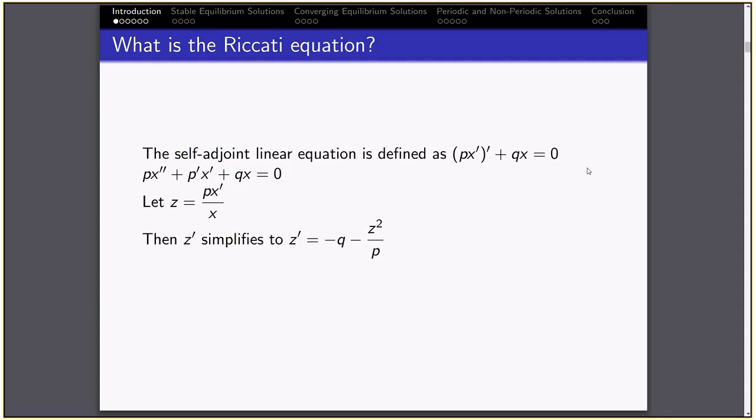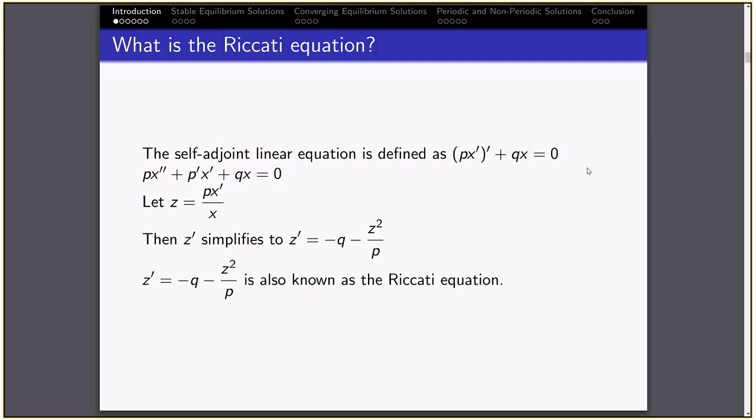Then, transforming the equation into a nonlinear form, we get z = px'/x. If we take z', it simplifies down to -q - z²/p. And this equation for z' is what we define to be the Riccati equation